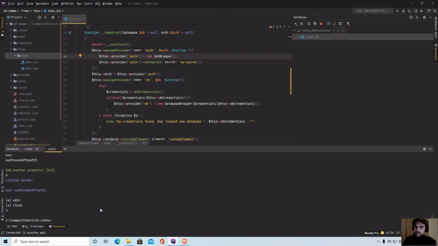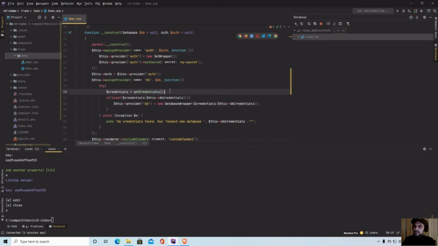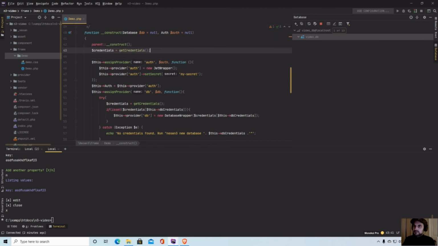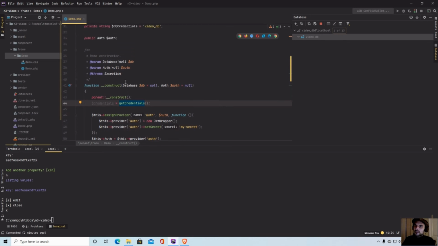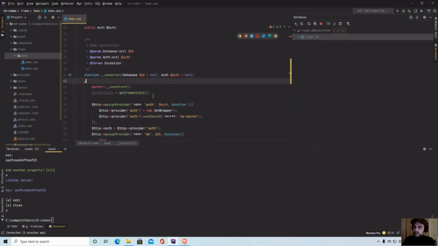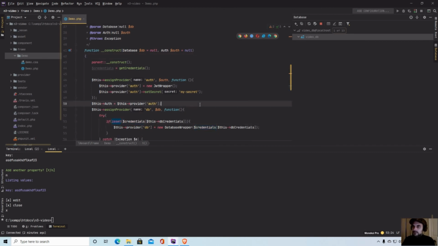Okay, fair enough. And so what I'm going to do here is move this get credentials out here. This can fail, as you can see, and I want it to fail if this doesn't work. So I'm going to simply add this to the throw tag here, and then get rid of this here. And of course what we would need to do in this case is here in the assign provider, say use